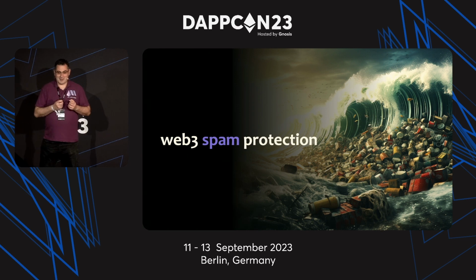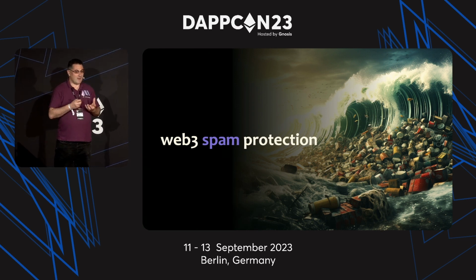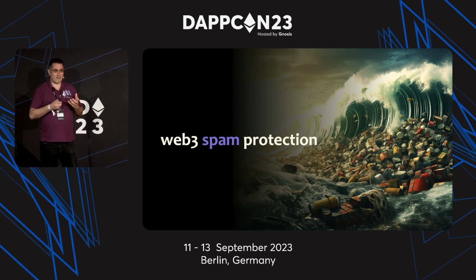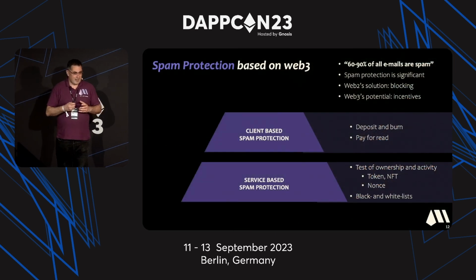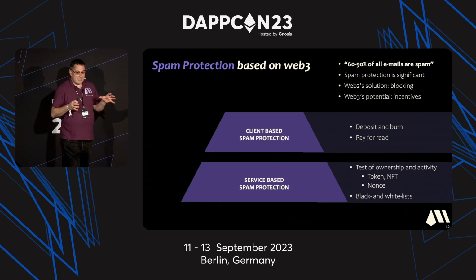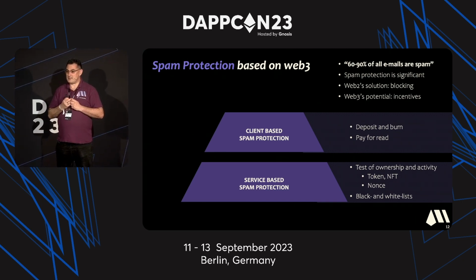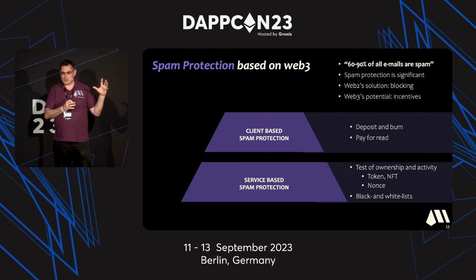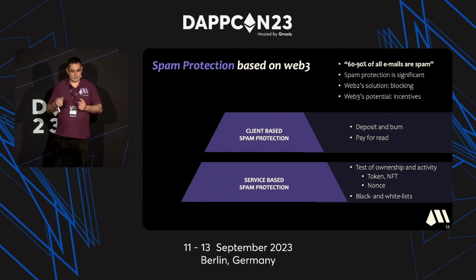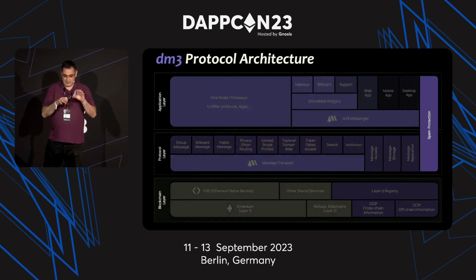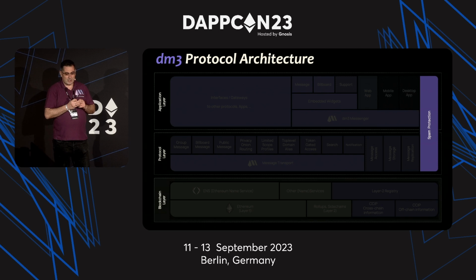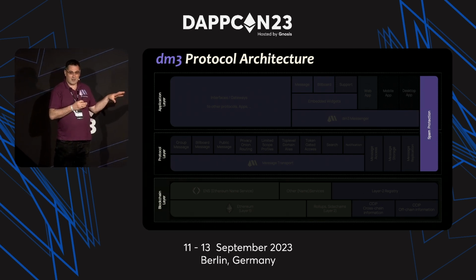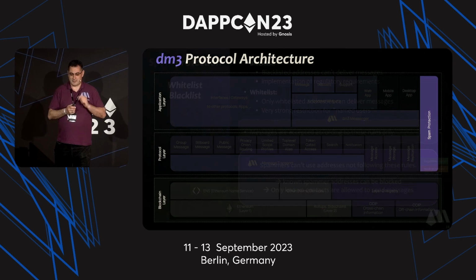So now to the topic of today. How can we now use Web3 technology to have very good spam protection? Within this ecosystem, we have two ways to prevent or block spam. The first is server-based, which can act on the delivery service directly, without any interaction with the user. And then we have client-based solutions, which need an interaction with the user. Let's look at this. That means spam protection is something in the protocol layer and something in the application layer.